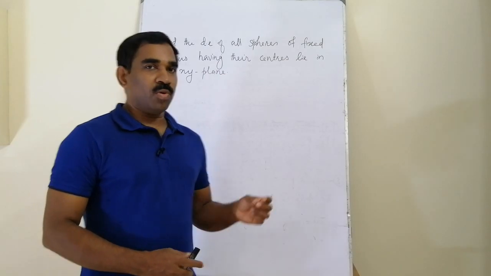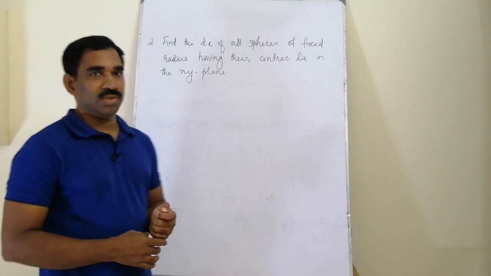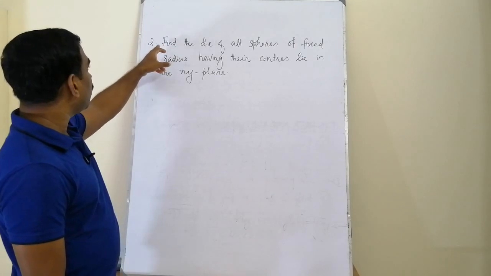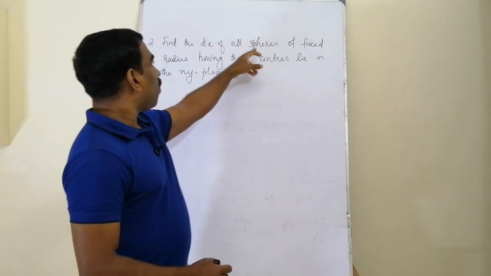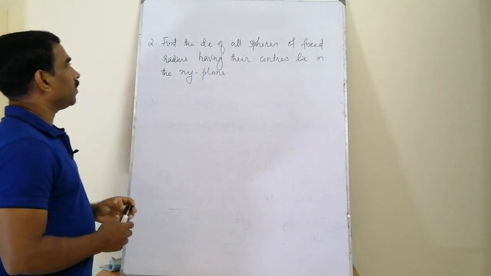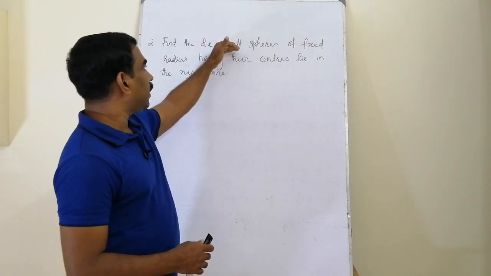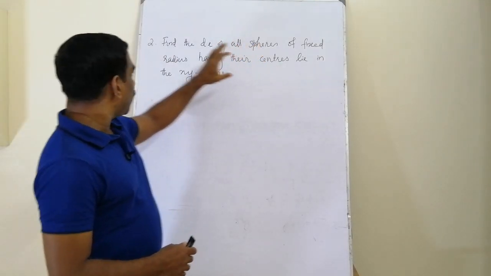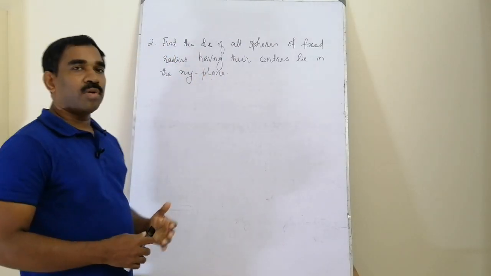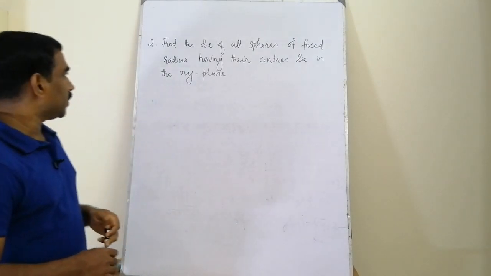See, in our previous three problems, we had a relationship involving the dependent variable, independent variables and arbitrary constants. Here, some information about the relationship is given. We have to find the partial differential equation of all spheres of fixed radius having their centers in the xy plane. So here what is varying? For the spherical surface, its radius is fixed and the center is varying, and the center is located on the xy plane. If we take an arbitrary point on the xy plane, its third coordinate is 0.